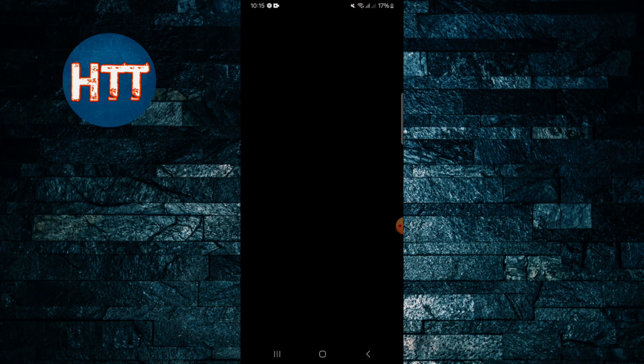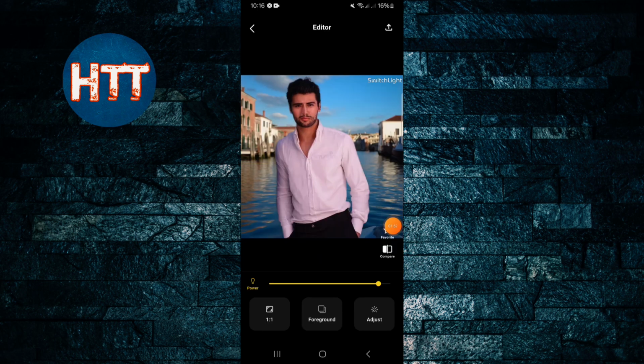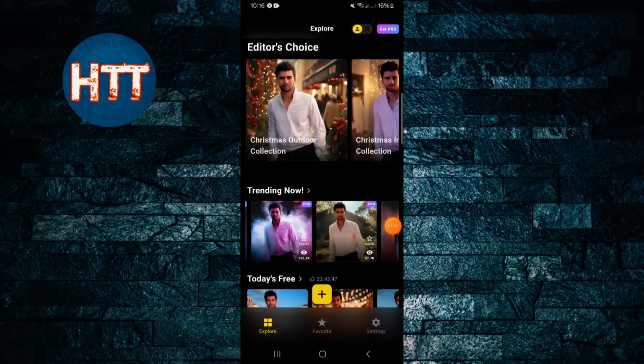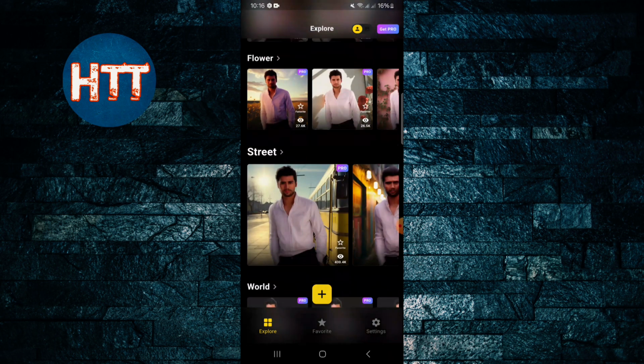So you can see how it looks like. There is a background, it's free, you can download it free. So you can use it. If you want to buy this app, their premium version, you'll get all the